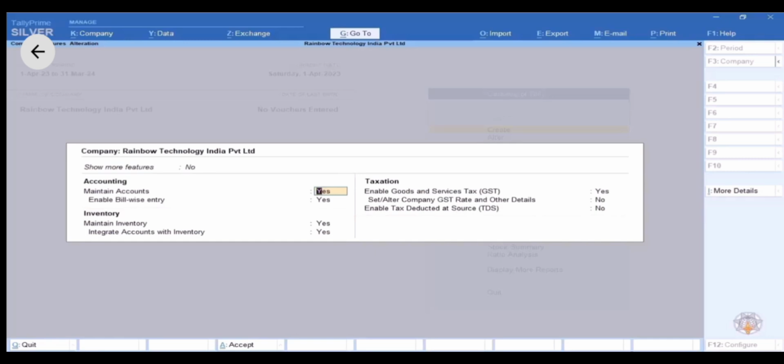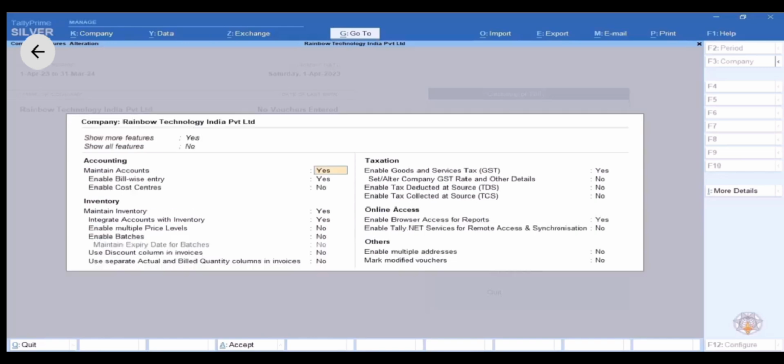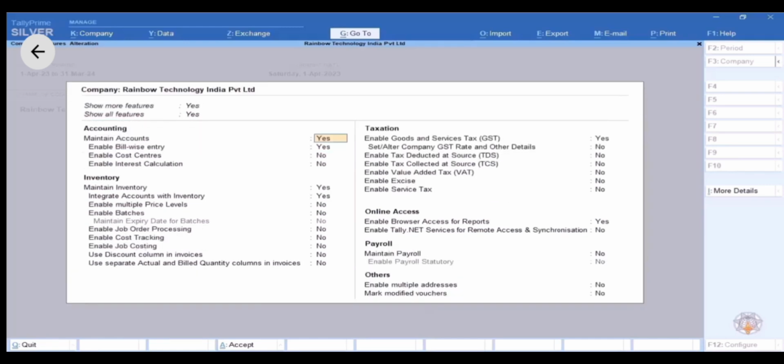On the display company features page, we can view only limited features in all three parts. To display more company features, we have to set Show More Features to Yes. Along with this, if we want to view the detailed features, then we have to set View Detailed Features option